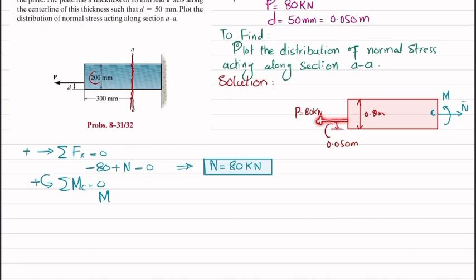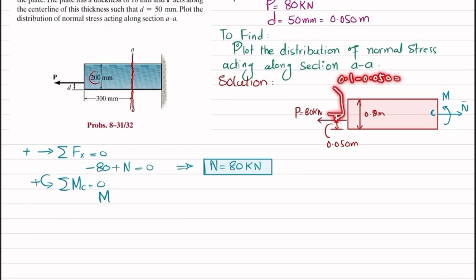You can see this is totally 0.2, so half will be 0.1 meter. So this distance will be equal to 0.1 meter minus